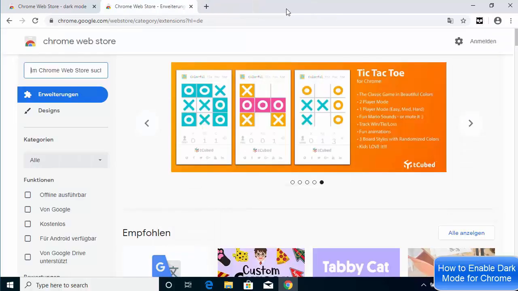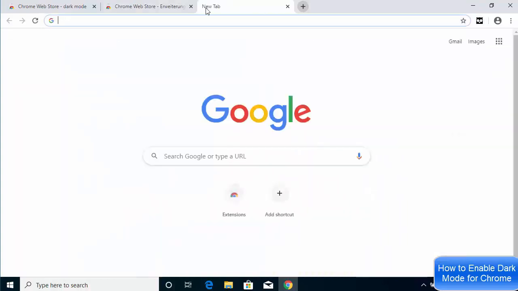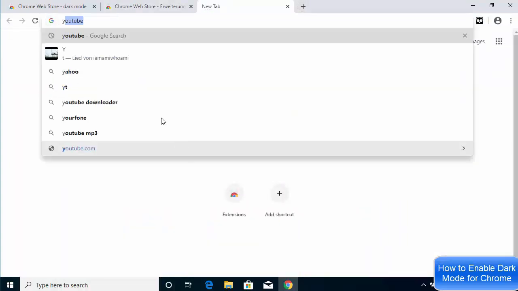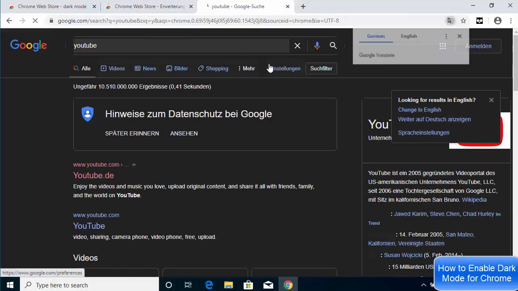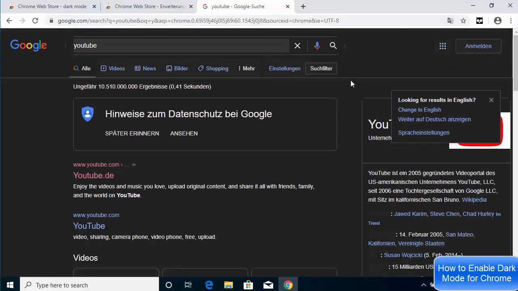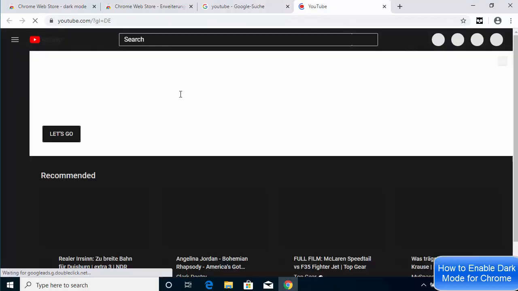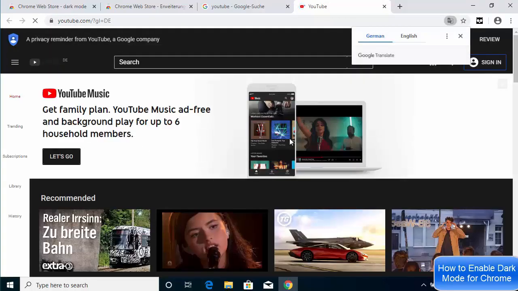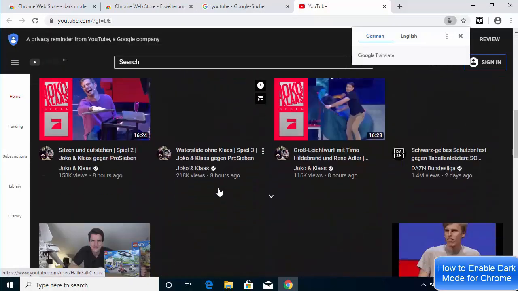I'm going to close this window, and now I will open any website. Let's say I search for YouTube once again, and you can see that this website opens in dark mode. Now I am going to open YouTube, and it's also going to open in dark mode.